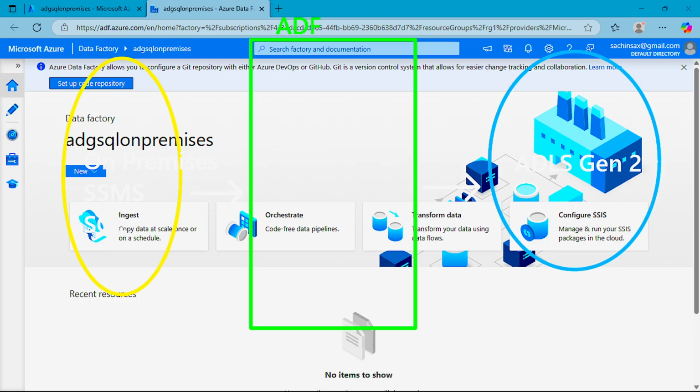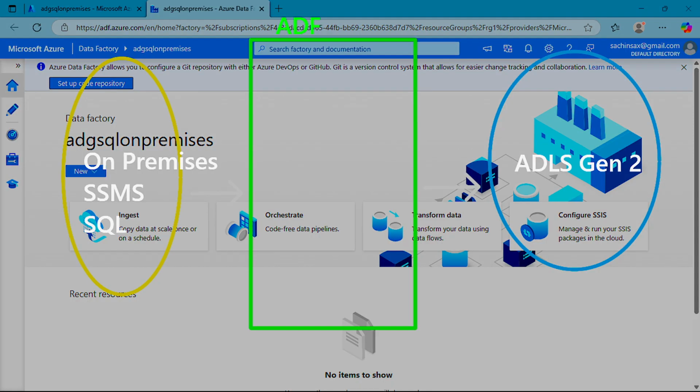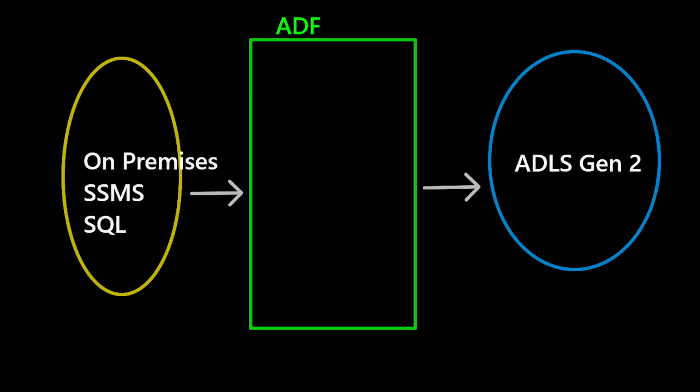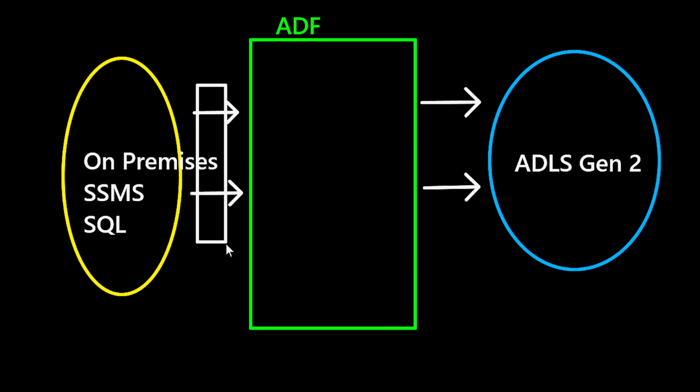Let's understand how this is going to work and what kind of operation we are going to perform here. So you can see this is my ADF, and here I am going to work on premises SQL. So this SQL server will be connected to my ADF pipeline, and this ADF pipeline will define this server. But before this, we need some connectivity. For this connectivity, I need to install a